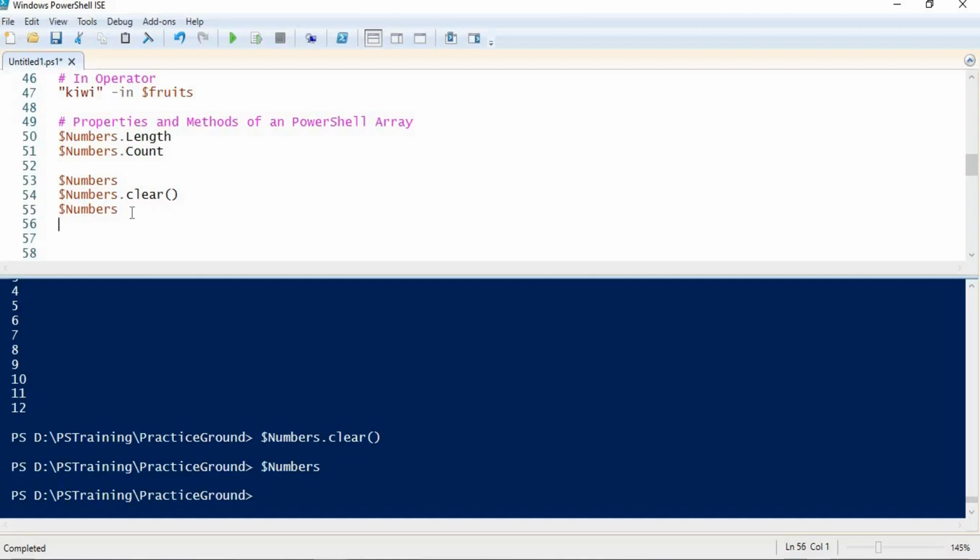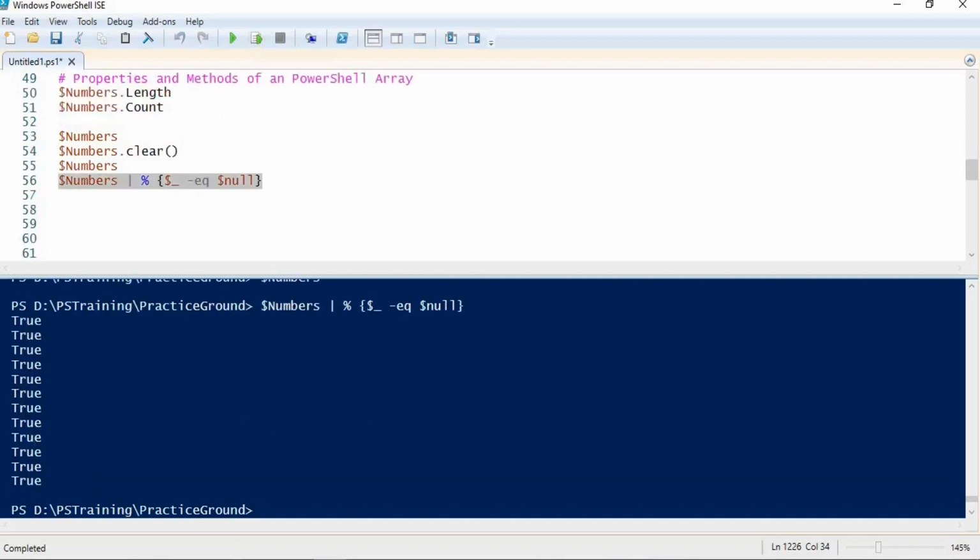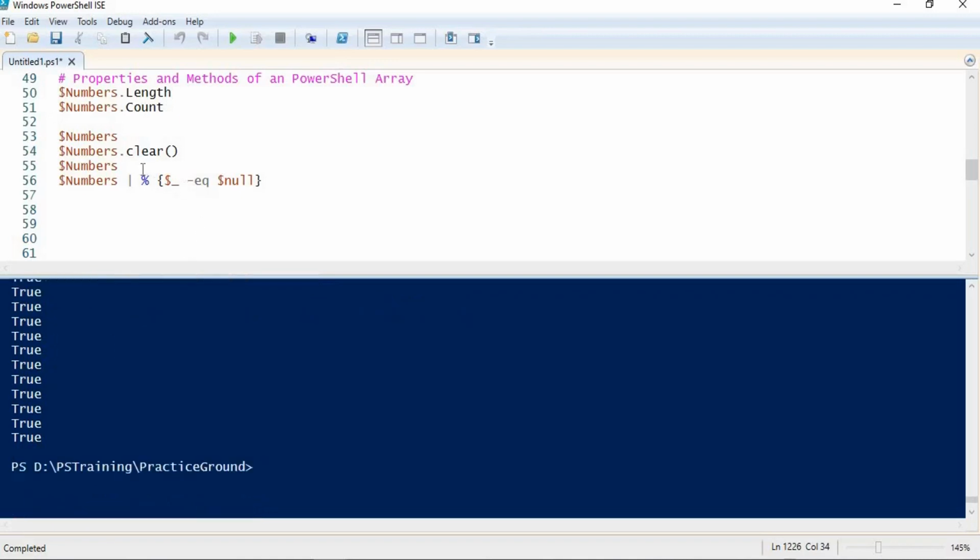Suppose I pipe the output of this array to for each, like this one, and run this command, I get true, true, true because they all have values of null, but still indexing is the same, that is 0 to 11, right? So in this way we can see values are cleared but not indexing. Indexing is still the same, which means the size of the array is still the same. So in this way we can use the clear method.